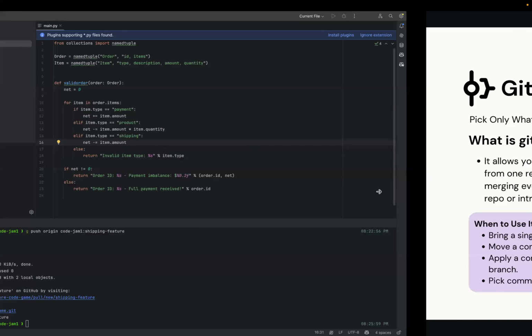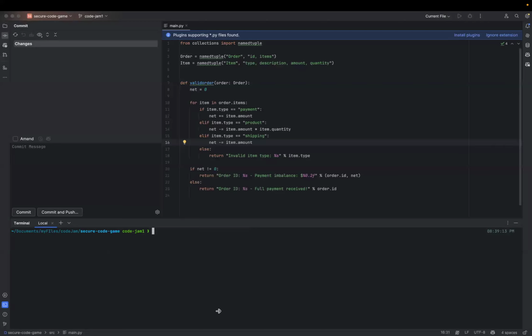Okay, I will show the command for that. So basically, git cherry pick, like this: git cherry pick, and then you have to add the commit hash. But when you hit enter after adding the commit hash here, it will not get the shipping feature into this particular repository.